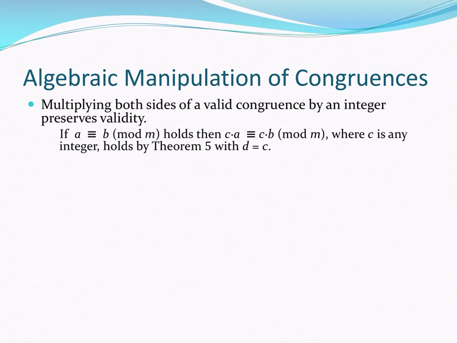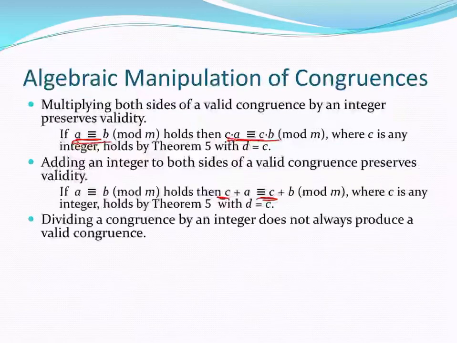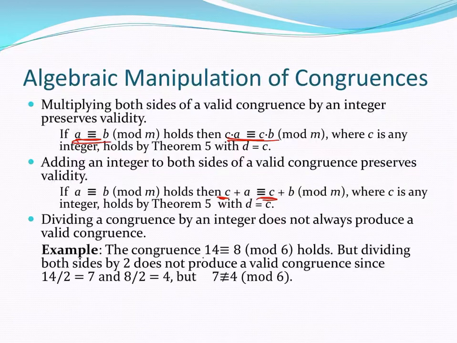This next theorem basically allows us to do algebraic manipulation of congruences, just like we do with equations. I can multiply both sides of a congruence by an integer. I can add an integer to both sides of a congruence. But in general, I cannot always divide both sides of a congruence by an integer, even if the sides are divisible by it. For instance,